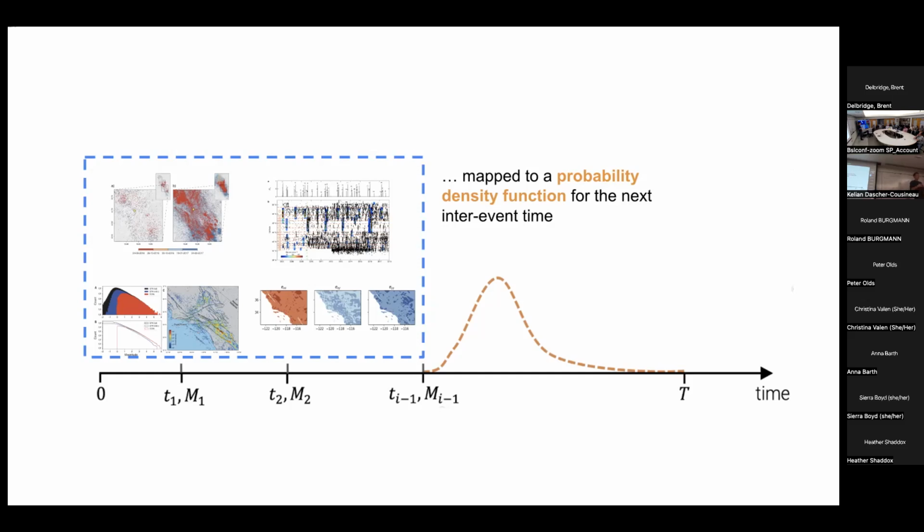And finally, since ETAS is so strongly parametrized, even if you knew that something was really important, but you didn't know the exact parametric form, it'd be very hard to understand how an observation would influence all of the other parameters of the ETAS model. So you need to know the answer before you create the model.